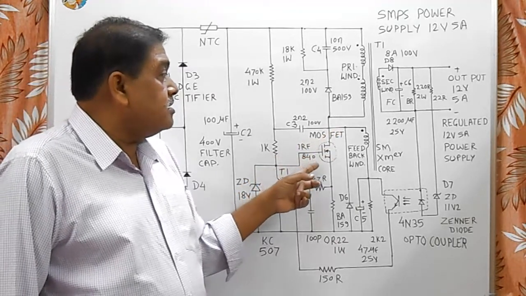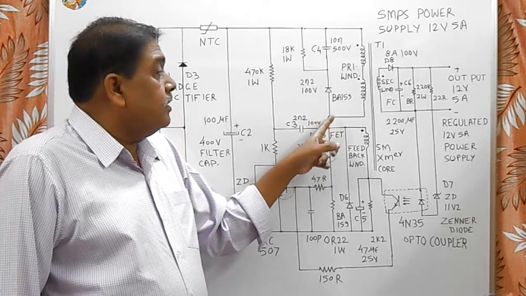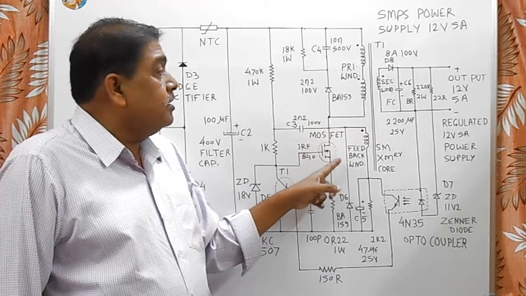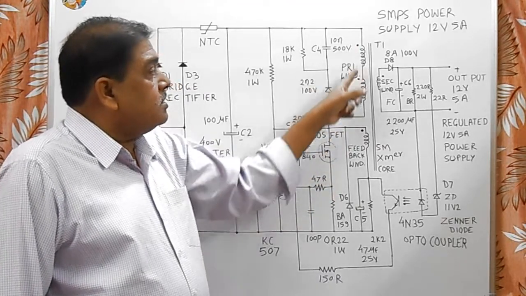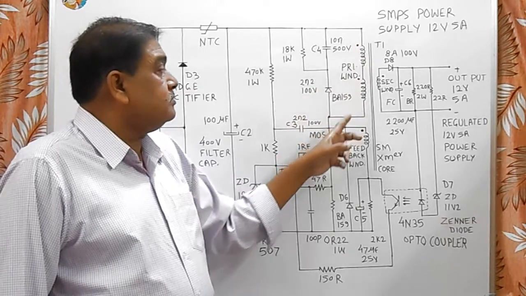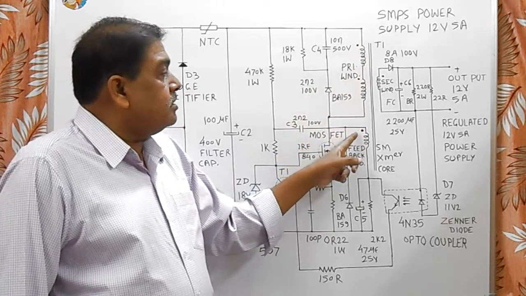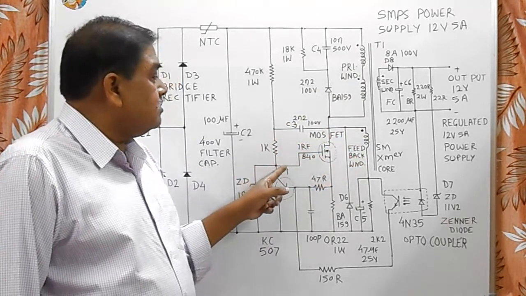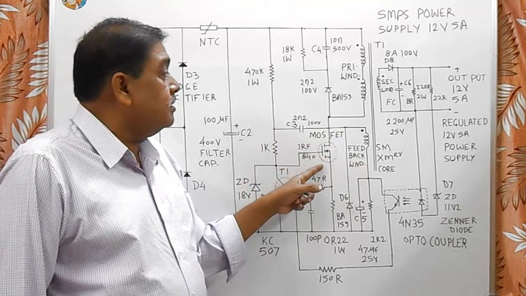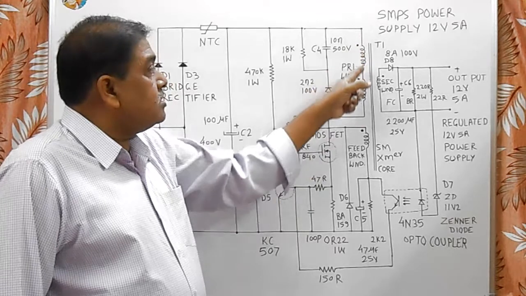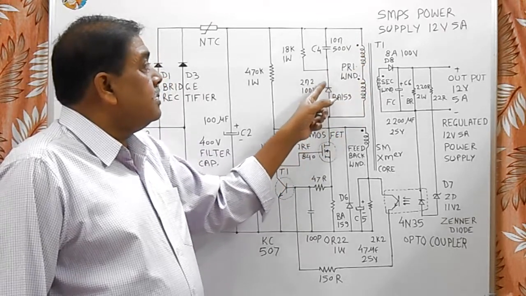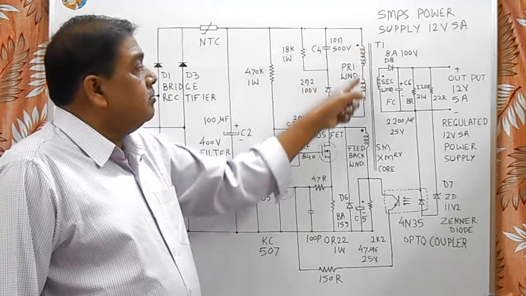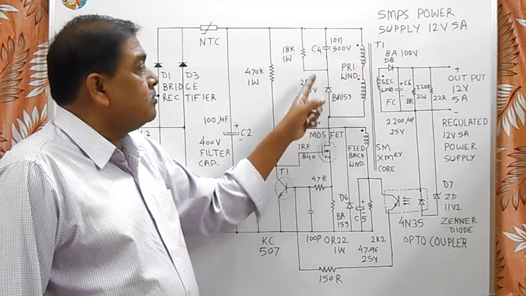The current goes on continuously increasing, and at the saturation point, when this transistor gets saturated, meaning for the MOSFET the current is maximum, the increase of current stops, and it reduces the voltage of this coil to zero. So this voltage becomes zero and the MOSFET stops conducting. At that point, the current flowing through this coil is discharged through this diode and capacitor and resistance. This is the discharging path for the main current flowing through this primary winding of the transformer.